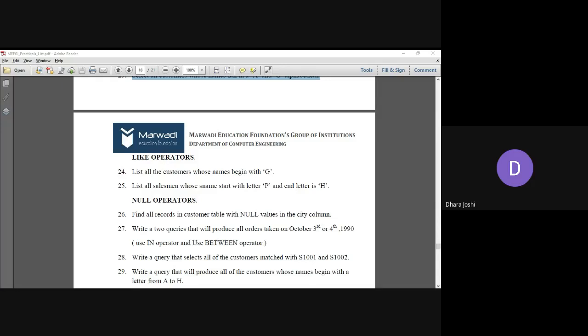What does it mean? The customer's name should start with capital D. If instead I write 'D__', with D followed by two underscores, the first character should be D, and after that only two characters are allowed, and they can be anything: AB, MN, PQ, ZA, ON, whatever. So this is what we have studied in the lab.